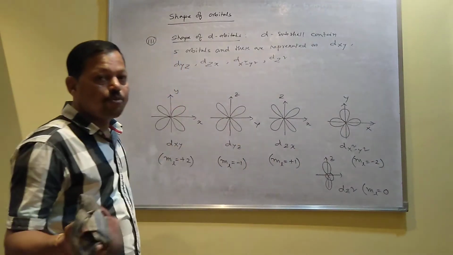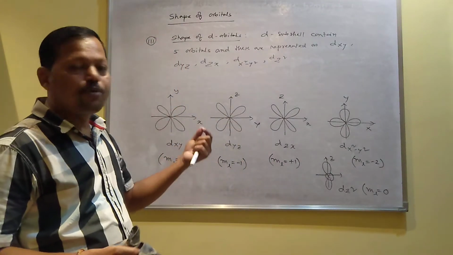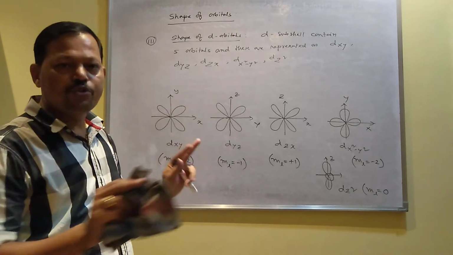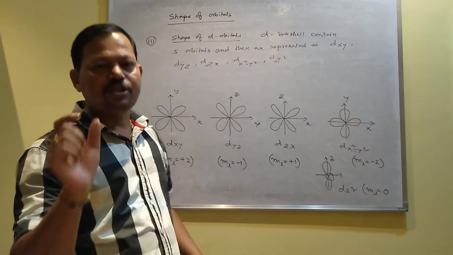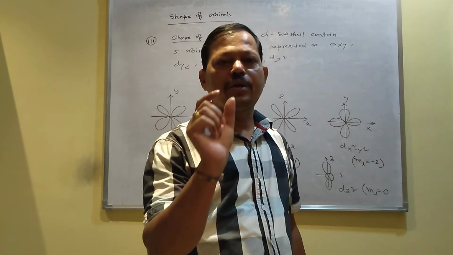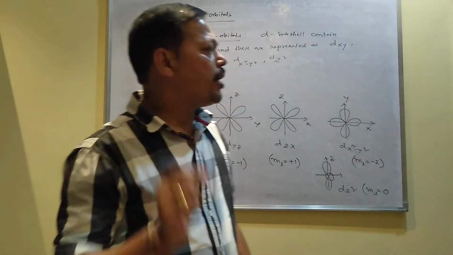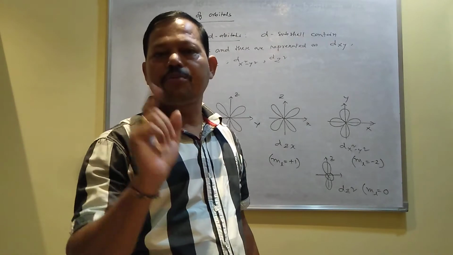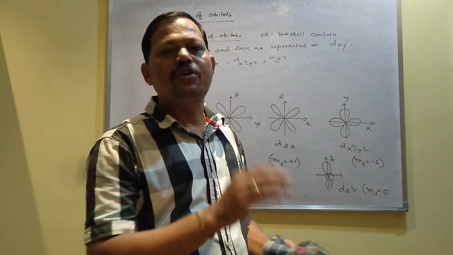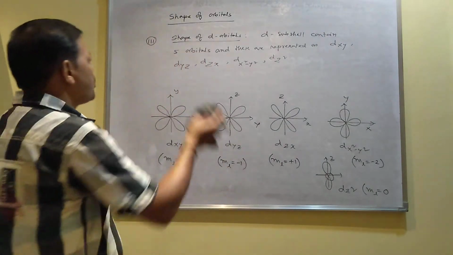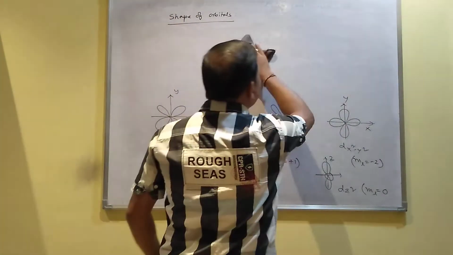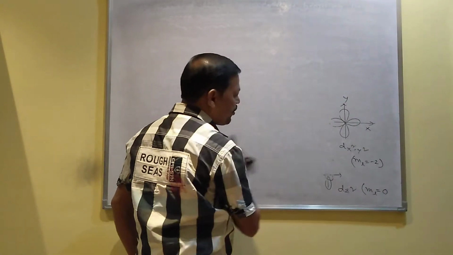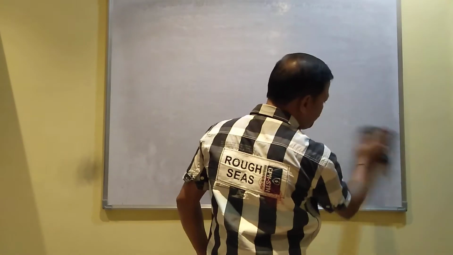Now another orbital, f orbital. Yet the shape and the name of f orbitals are not discovered. That is why no need to know about f orbitals. Just you should know an f subshell always contains 7 orbitals. So 7 orbitals means 14 electrons may be present inside the subshell, because one orbital contains 2 electrons. So 7 orbitals contain maximum 14 electrons. That you have to know. No need to know about the shape and the name of f orbitals. Up to d you have to know.